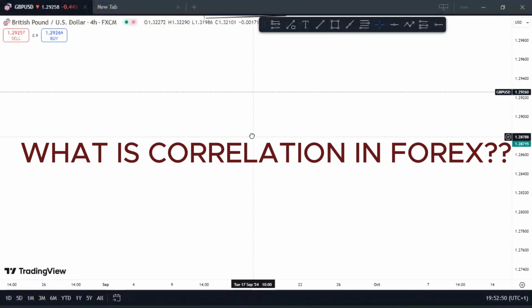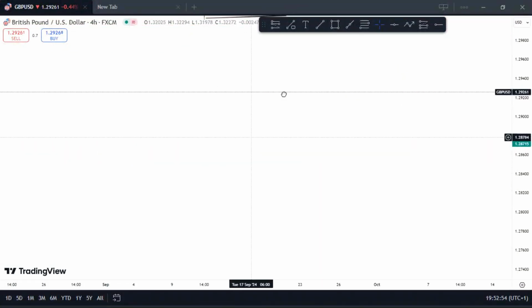Currency pairs moving in accordance, right? So what we have here is GBP USD, right? So let me just write it out. So we have